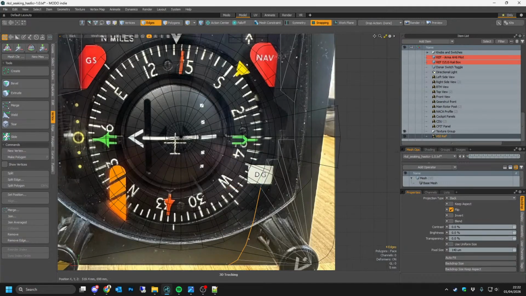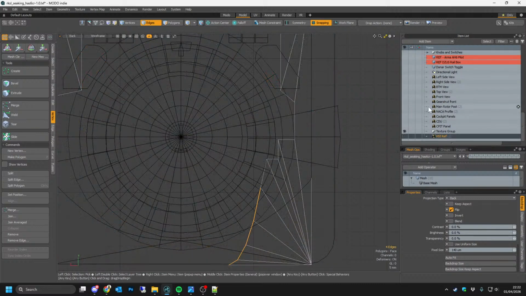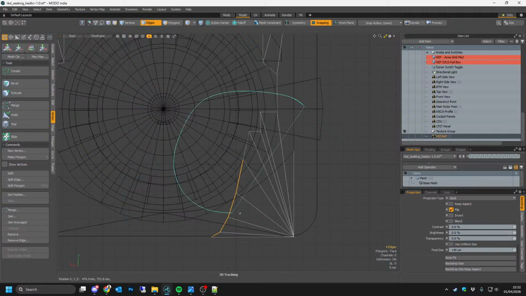I think I've just dropped a bollock here as well, because the background picture's kind of overwhelming me a little bit. So that's